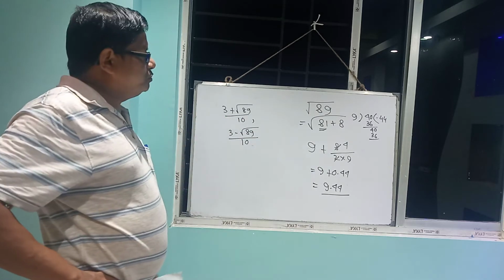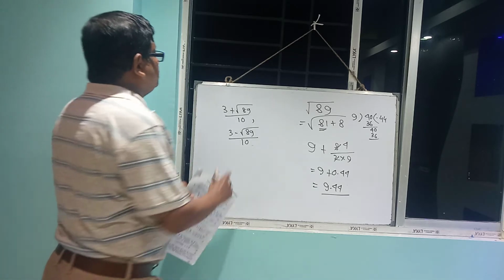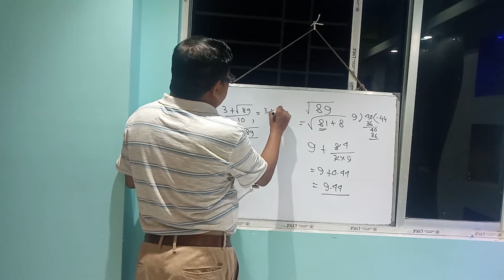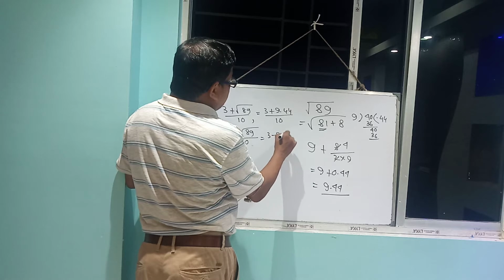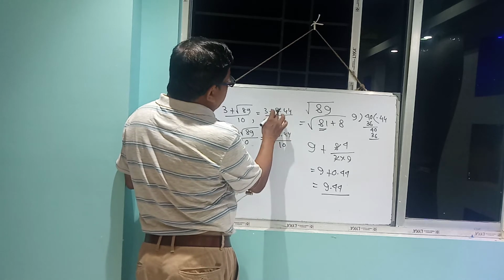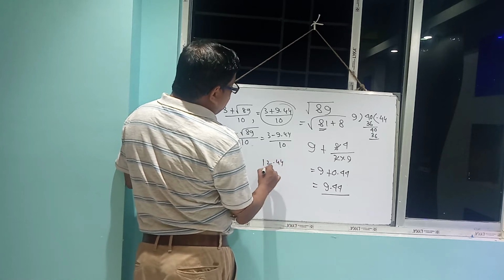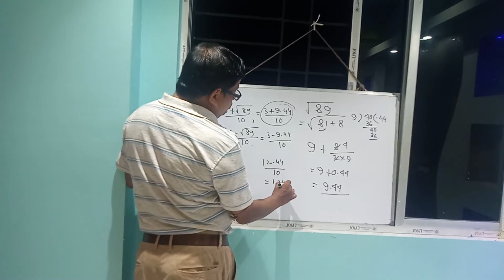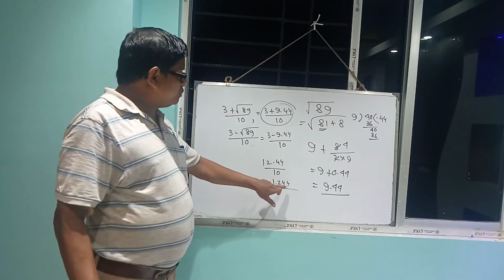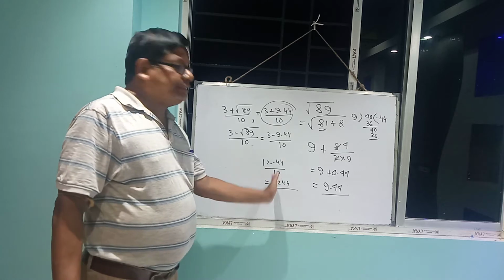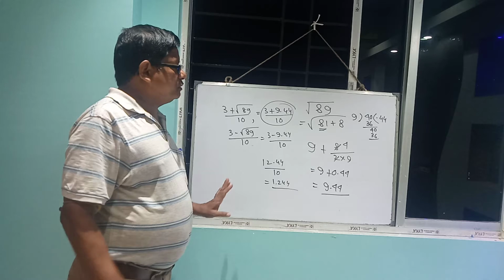You can check on the calculator, this answer will come: 9.44. So here 3 plus 9.44 by 10, and here 3 minus 9.44 by 10. This part will be 12.44 by 10, so 1.24. Two decimal places, so 244 is there. So write only 1.24. If it is less than half unit, you add. Understood? Then you know this very well.